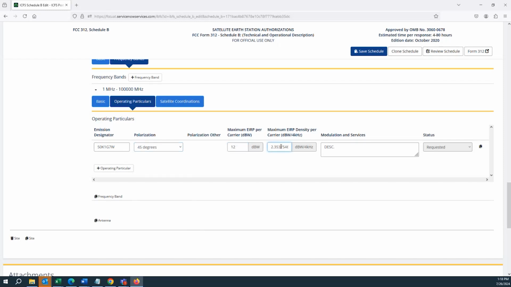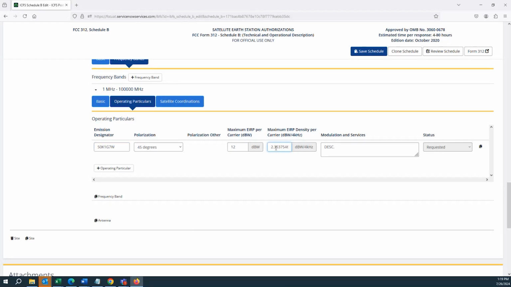This field is auto-populated based on the numbers that you supply here and here. If I change this field, it's going to change the value that's calculated there. And similarly for this field, or it should. Yeah, there you go. All right.